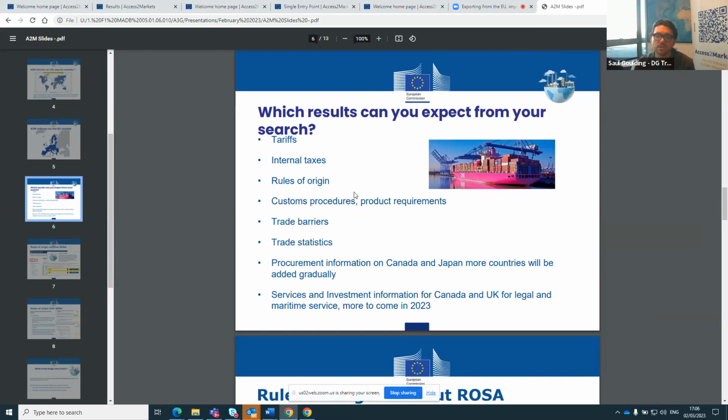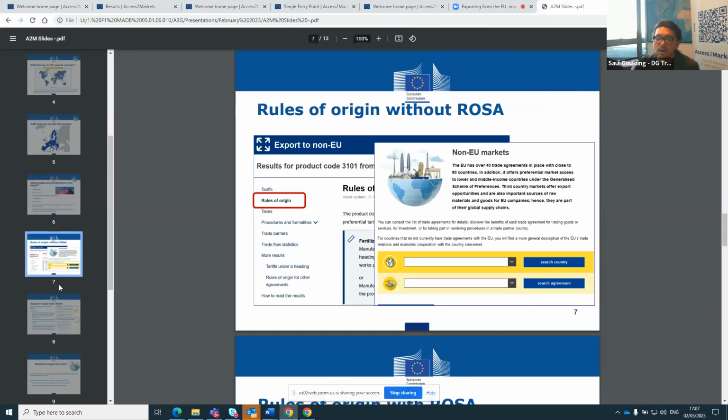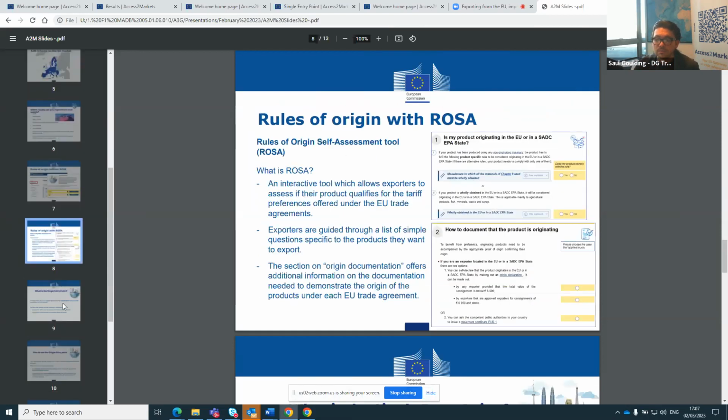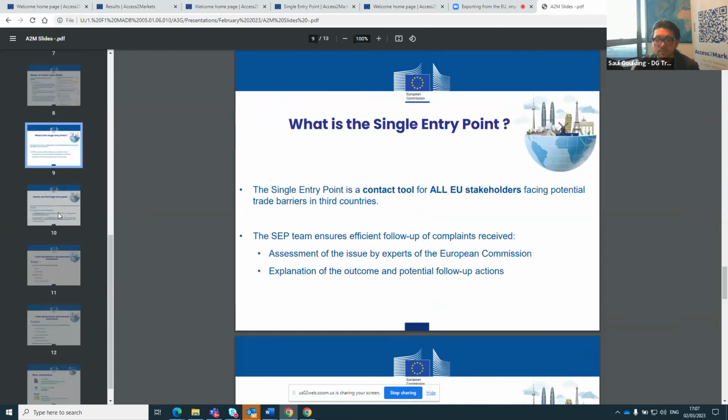Barriers are interesting because we also have a facility, which I'll just quickly show you, that enables you to look at what barriers there are in terms of market access. We also have a facility in which you can launch a complaint on market access, on trade and sustainable development, or on the generalized scheme of preferences as well. So that will all be quite clear throughout the end. I will not show these because our colleague will show you that.